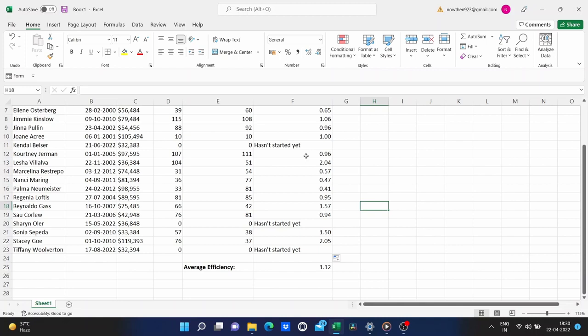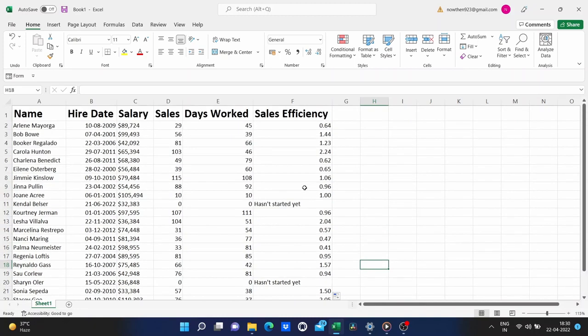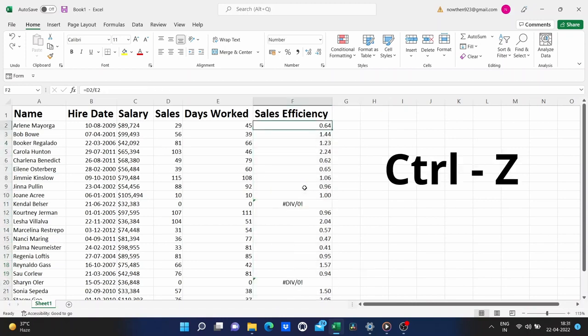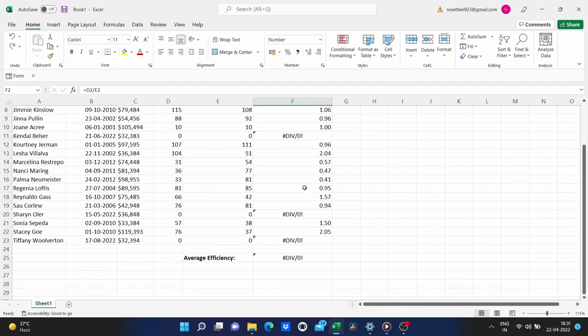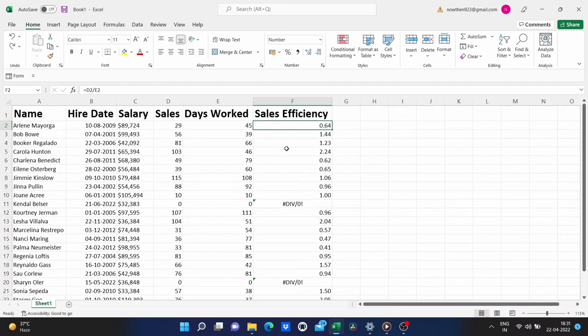Now notice that our average formula still appears to be working, but the number is a little different. So, that is something we'll have to watch out for and be careful with. But it is nice that you have the option of replacing an error with a number or with text. I am going to undo all of that just by using Ctrl Z. I want to go back to the errors because I want to show you one more example of how you could use the IFERROR function in Excel.